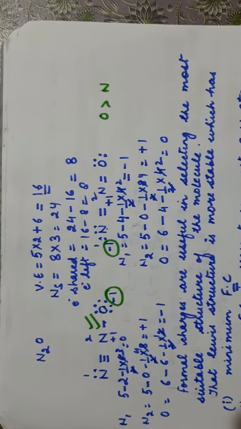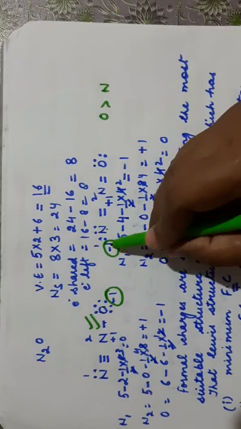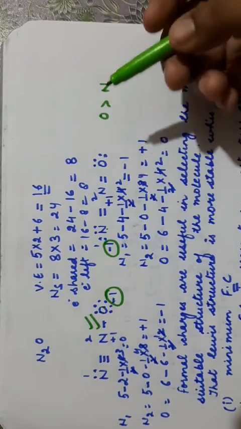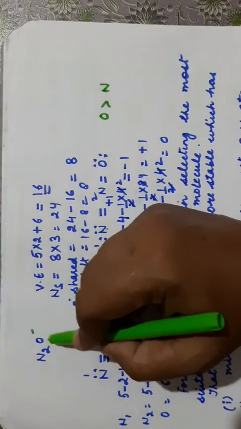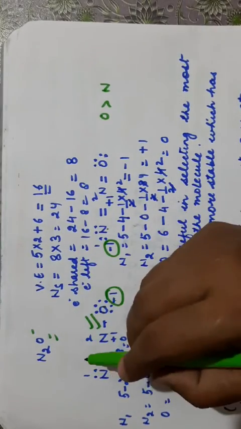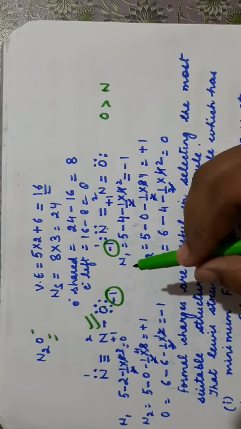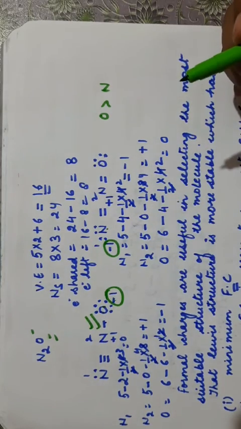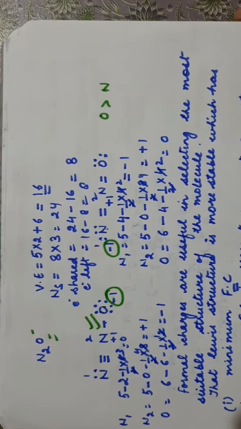Now the net formal charge over the whole molecule or ion must be equal to the sum of the formal charges. If you calculate the sum of formal charges, here minus 1 plus 1, it is 0. Here also it is 0. That means overall it has no charge here. That means the sum of the formal charges on all atoms in a molecule or ion must be equal to the net charge present on the molecule or ion. So this was all about formal charges. I hope the concept is clear.